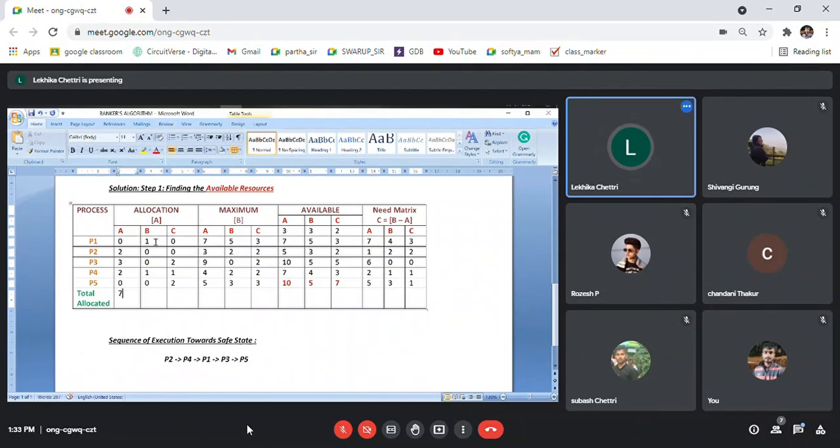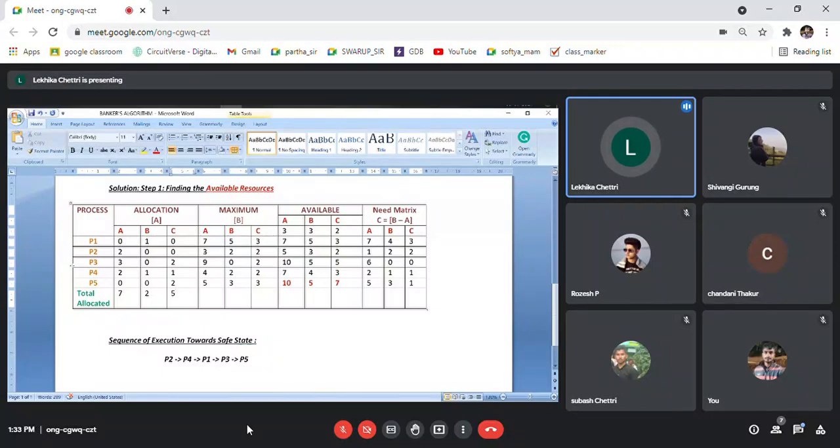Okay, 7. And initially when the operating system allocated resource B to different processes, how many copies of B were assigned to different processes? We can simply add 1, 2, 2. Okay, so how many copies of C were allocated? 2 plus 1, 3 plus 2, 5. So now I have 5. So when the operating system calculated the total number of allocated values, a total of 7, 2, 5 values were allocated.